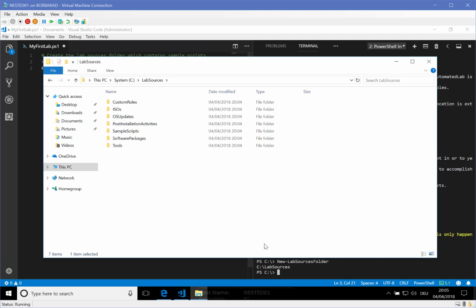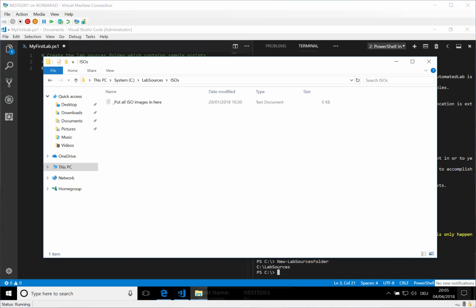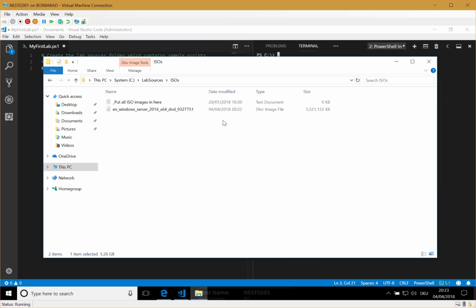All right, so let's just copy a couple of ISO files here. Once the ISO file is there, we can get started. This is just a basic Windows Server 2016 ISO file. You know where to get those, so just download them from, for example, your Visual Studio subscription, and you're fine. During the course of your labs, you might want to add some other ISOs as well, for example, SQL Server, Team Foundation Server, Exchange, and so on. This all depends on the roles you're going to use, which we will see in the later labs.